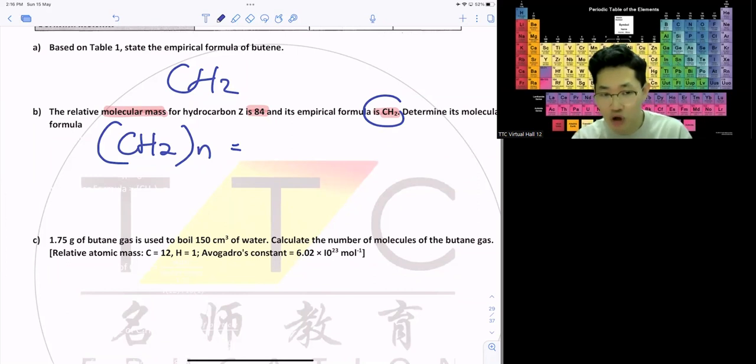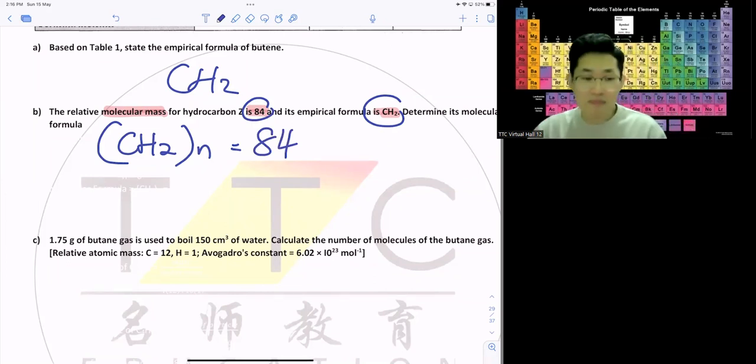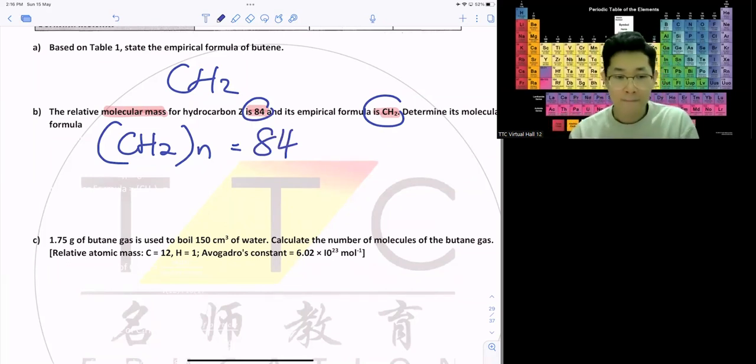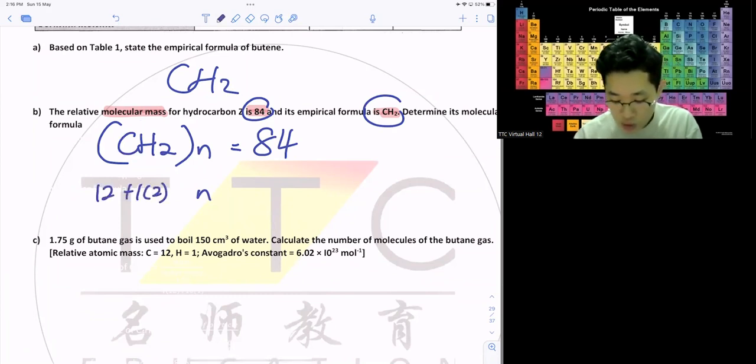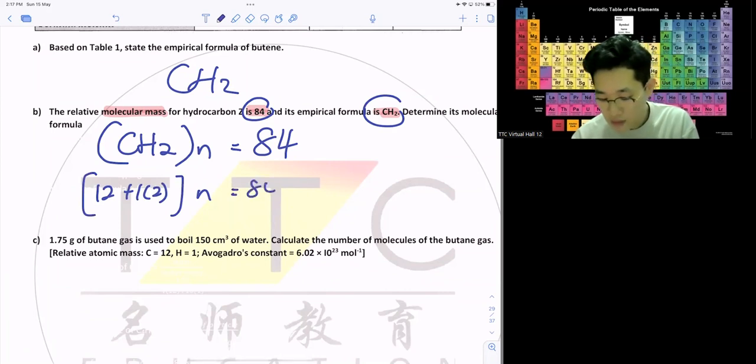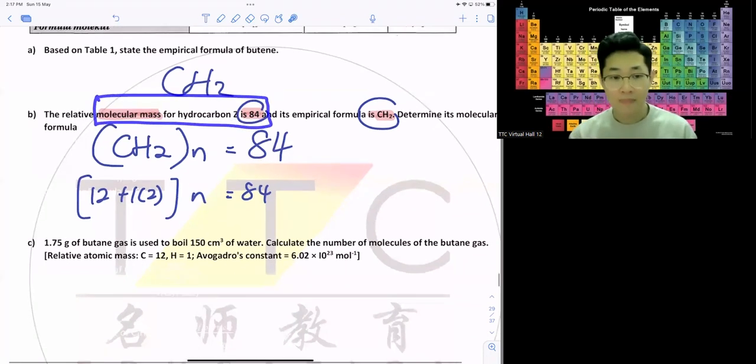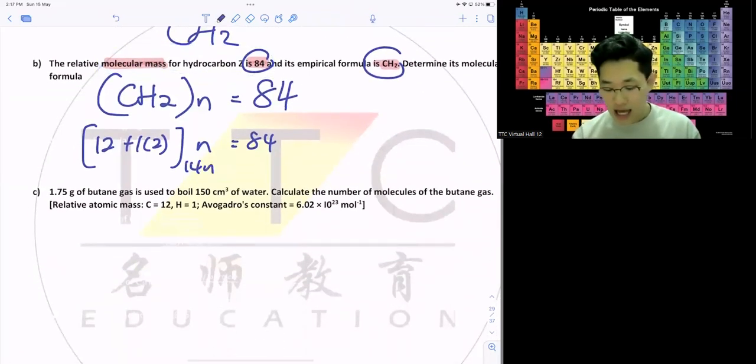What is the original formula? I don't know, but they gave me the mass 84. So what do we do? See, chemistry is always something mass into the alphabet. CH2 times N equals to 84. 84 is after simplifying, no. Molecular mass 84 means before simplifying is 84. Molecular is the actual one. 14 N equals to 84. N is equal to